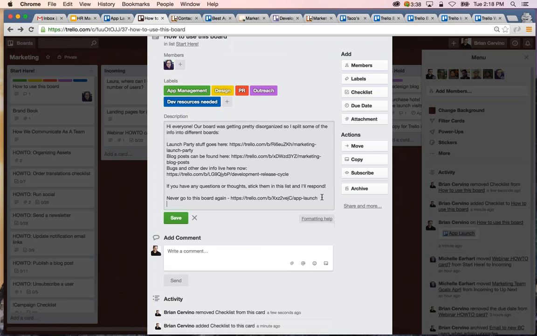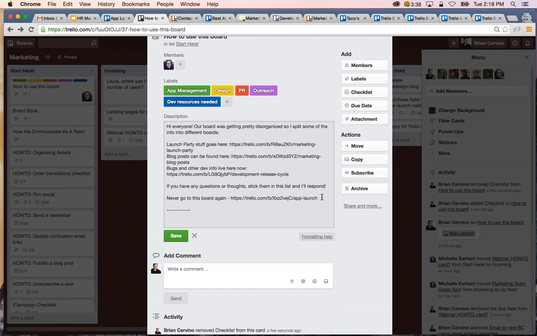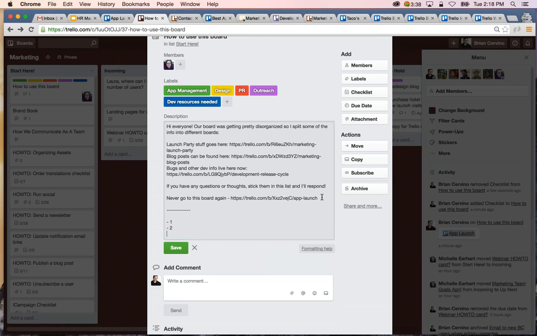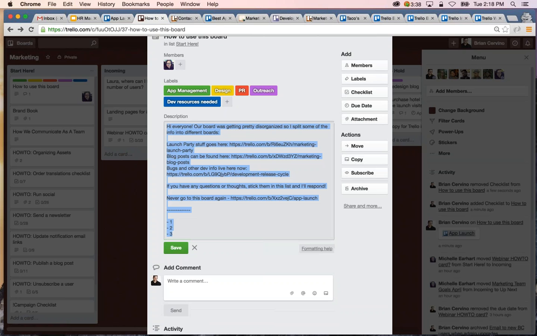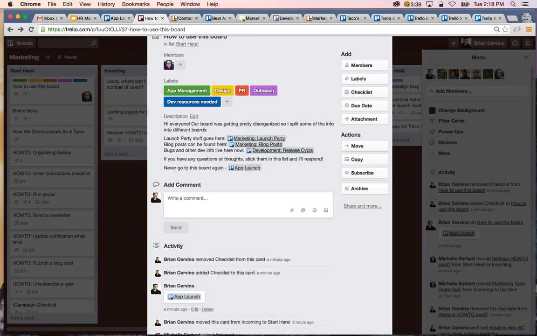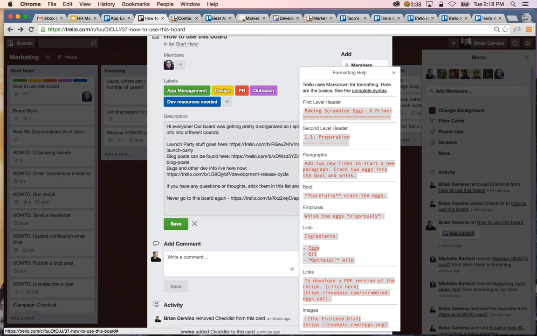you're interested. But let's see, say I want to break up a description. I can put some dashes here. I can make a list for line separated items. And as you see, we have a nice little bar here, kind of breaks up what the card description is. And we can easily create some bulleted lists. So that's just another way that you can do some pretty neat formatting on Trello cards. And once again, when you're editing a description, just hit formatting help, and you can learn how to do all